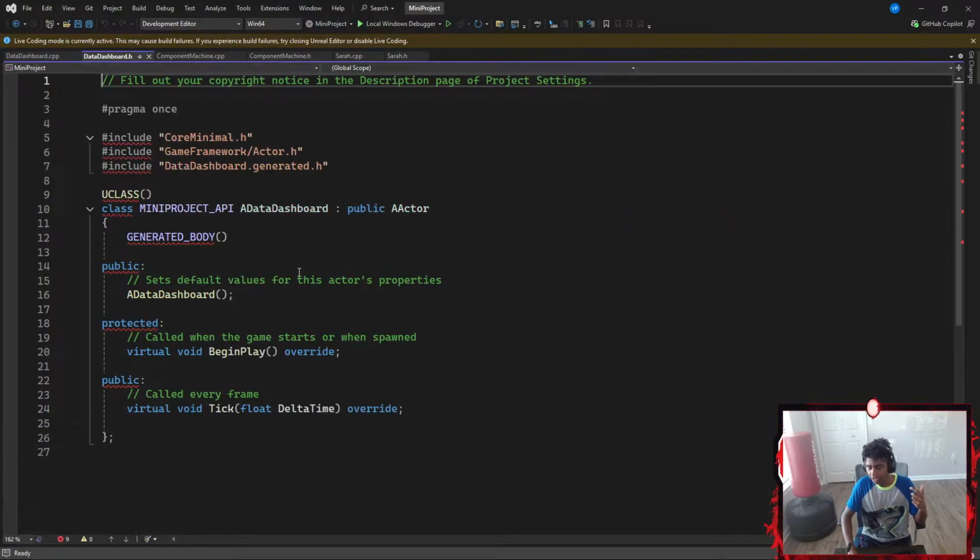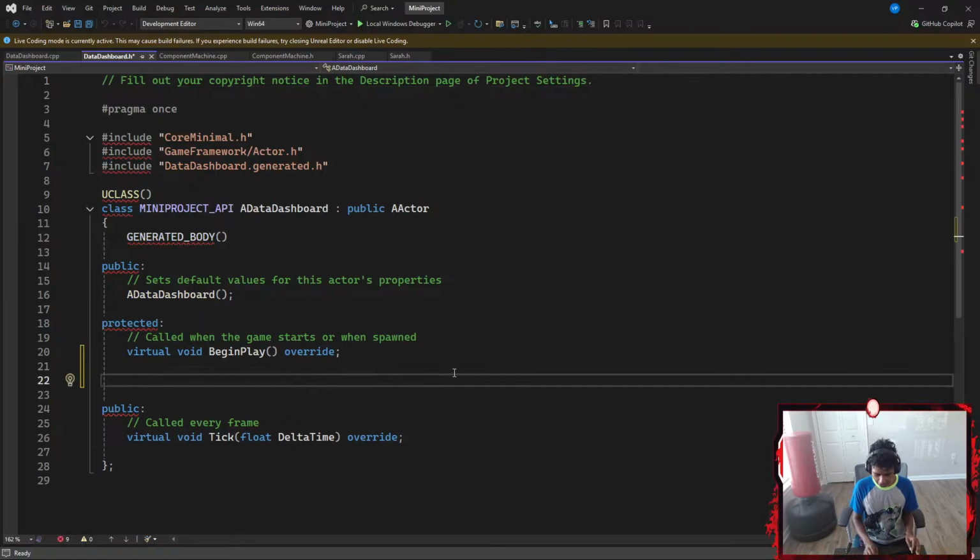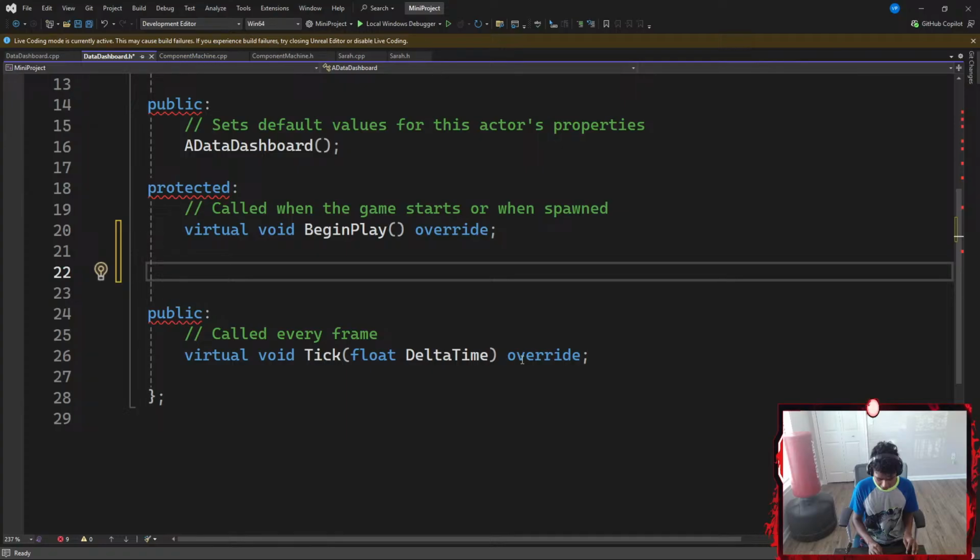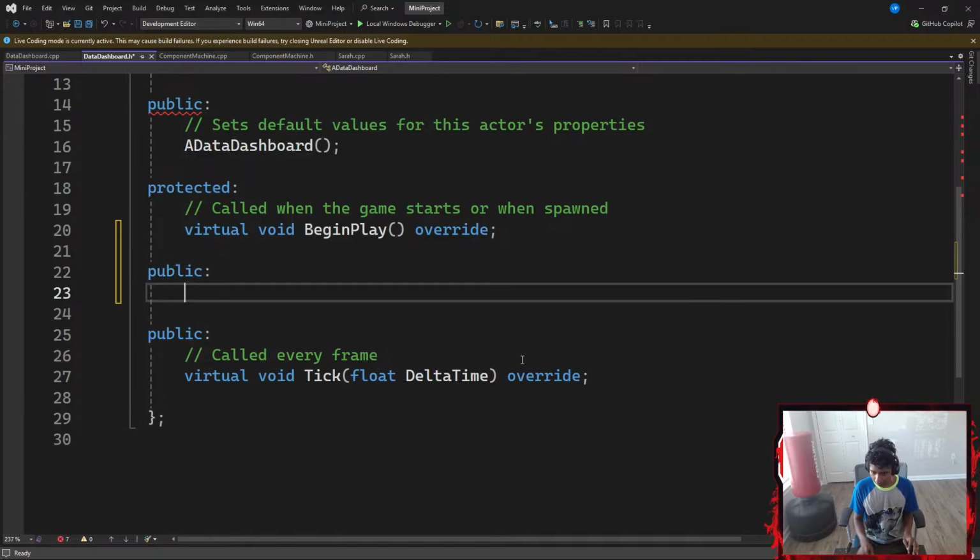I'm firstly going to go ahead and create a bunch of variables. So under my protected data type, I'm going to go ahead and publicalize everything. Let's go with something like public. And now I'm going to go ahead and create a bunch of variables. The first variable is going to be my actor label, which is going to be in charge of an f-string. I'm so glad I made my notes. I can actually see what f-string does to just kind of recall.